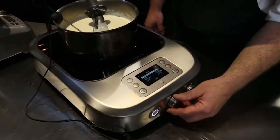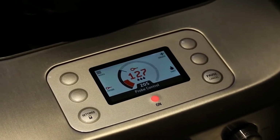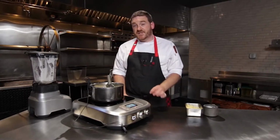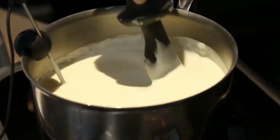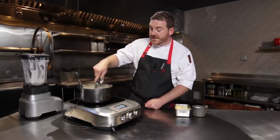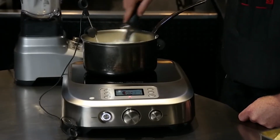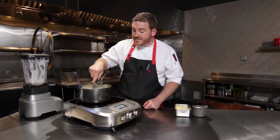I'm gonna select my gellan program and then set it to probe control. And I've got my probe in there, so it's gonna bring it up to 205 Fahrenheit, which is just above the temperature at which gellan hydrates. So when it reaches that temperature, I can be absolutely certain that my gellan will have hydrated. I have the program set to keep it going until it's been at 205 for 45 seconds. That way I can be absolutely certain that at a microscopic level, essentially, every bit of the mixture reached the